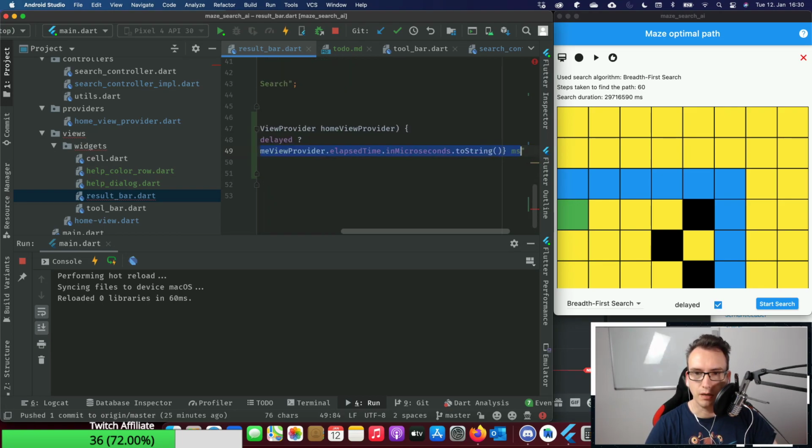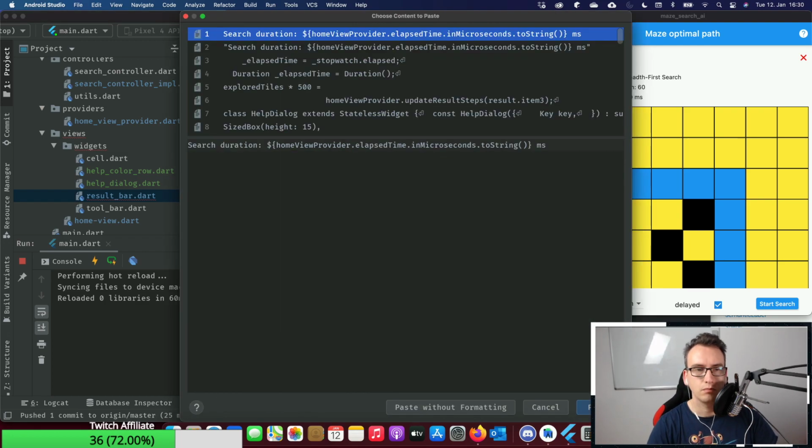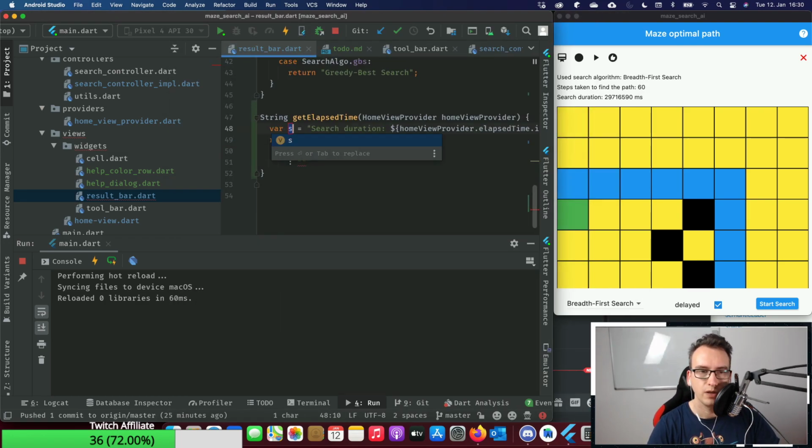This could be a variable. How do I create it here? No, this. So this is our search duration. And what I could do is say we have the search duration, which is a string.